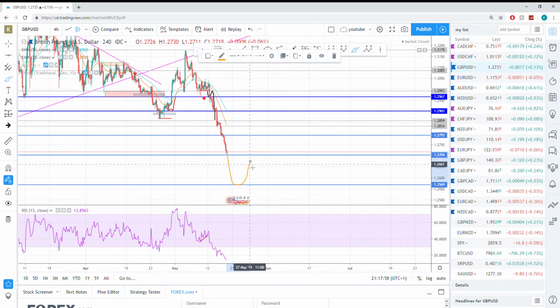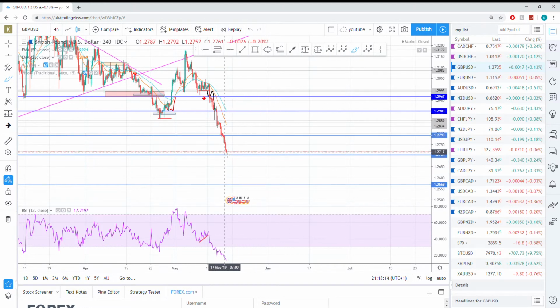But we need to find confirmation from the RSI and the EMAs for us to be convinced that we have changed the momentum. So we have changed reverse completely, the upside. What I do in my type of videos, I always pinpoint the type of direction I'm looking for, and draw out all possible scenarios. So for example,